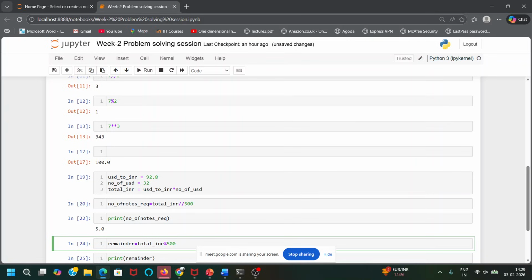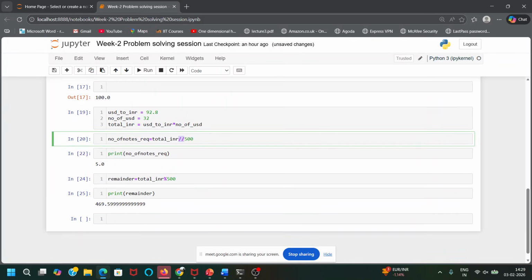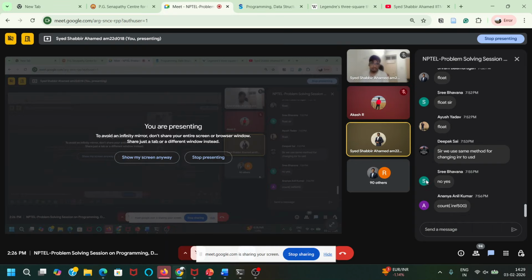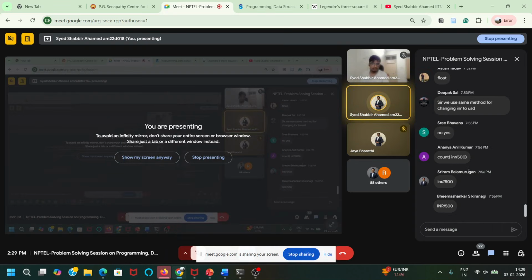Also, you have to remember that these operators exist and you can use them properly. Using this, you have to get an idea that I have to use this operator here and that operator there. That's when you will be able to do it properly.